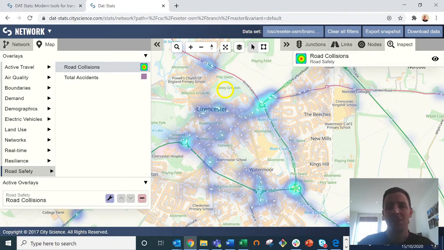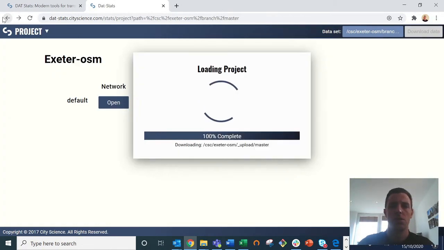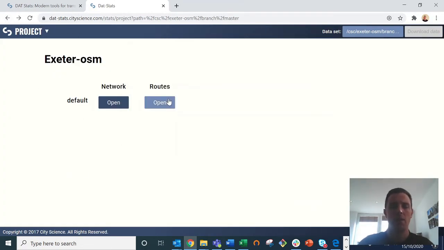Now that we've established the range of open data sets, let's go back to Exeter to explore our recent walking and cycling catchment tools using the routes page. So if we go back to our menu and click on routes,